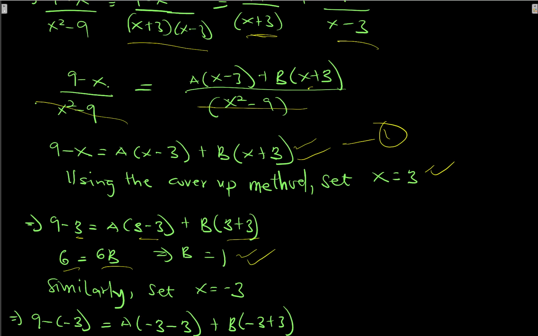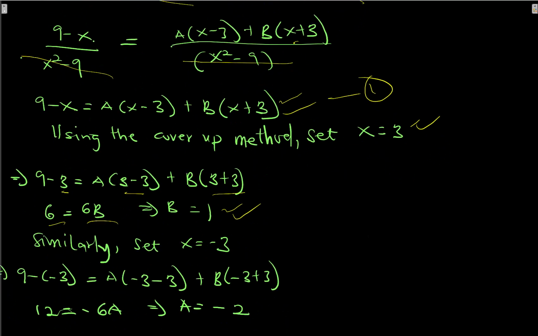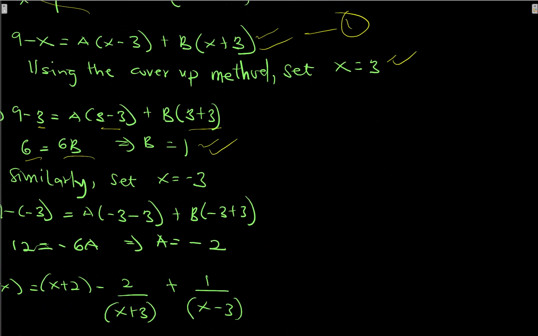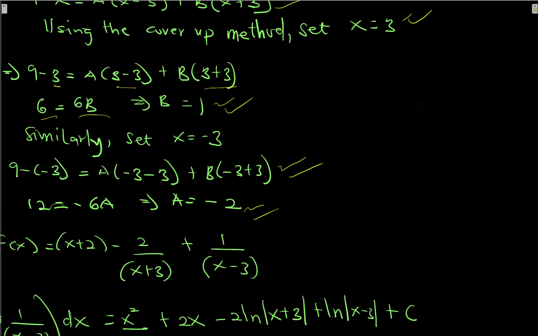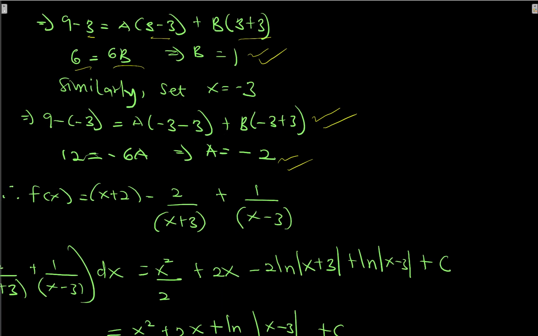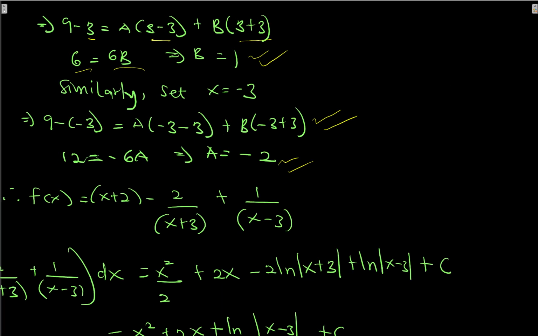1. Again, we can also set x to be negative 3 and substitute it into equation 1. And when we do that, we will obtain this, okay? And when we simplify, we obtain negative 2 to be what? A. And therefore, our f of x is now this, and we can easily integrate this, okay? So we have